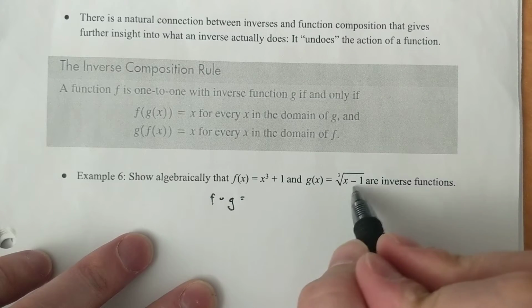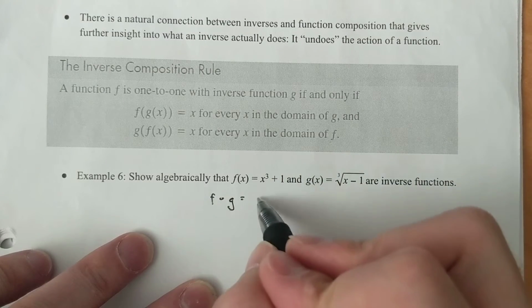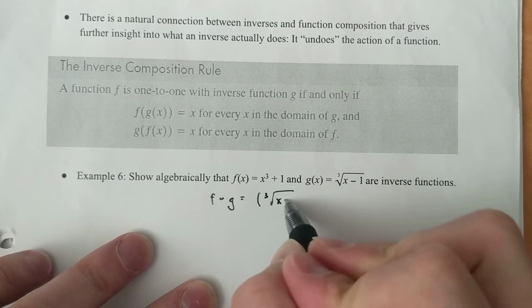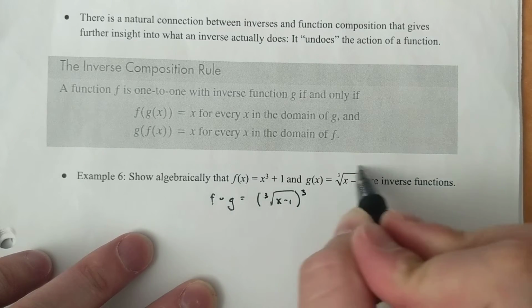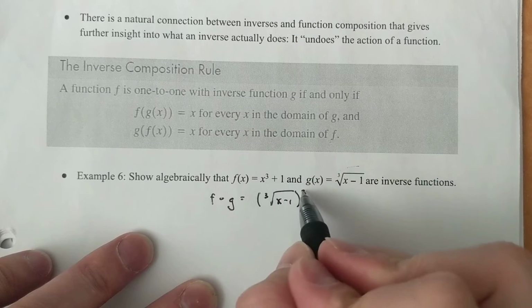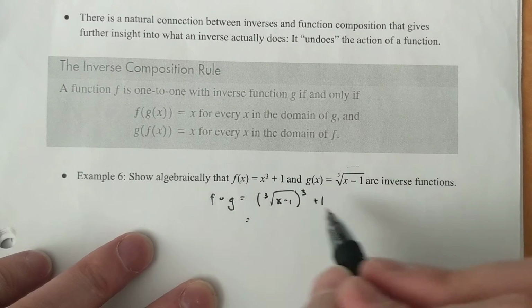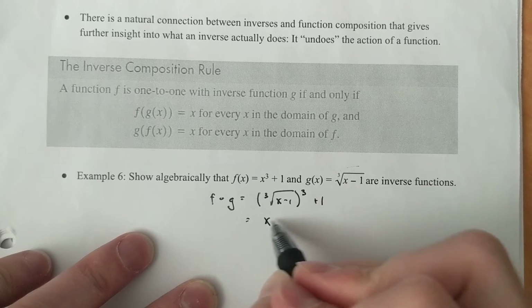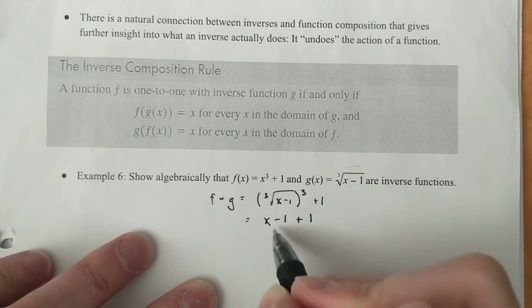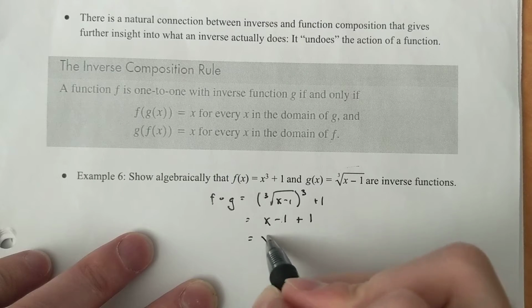That means take my g equation and plug it into my f equation. So the cube root of x minus 1, cubed, all of that replaces just the x, so the cube's still there, plus 1. If I keep working this out, the cube cancels the root, so x minus 1 plus 1. The negative 1 and positive 1 cancel out,